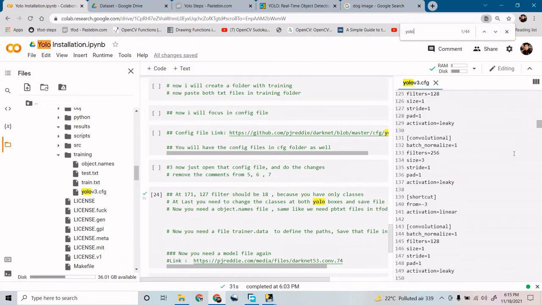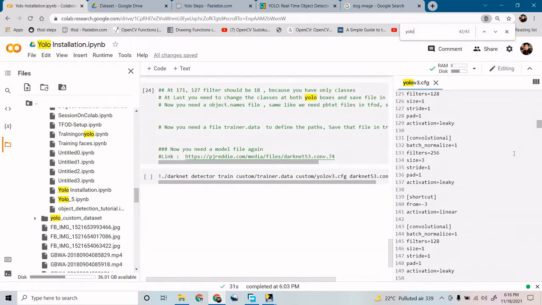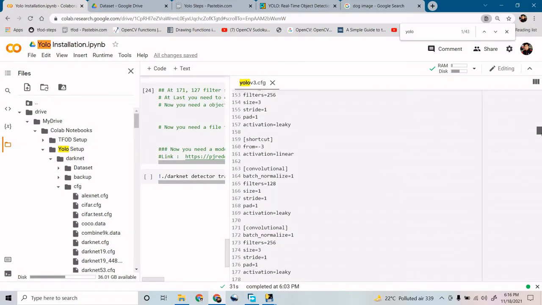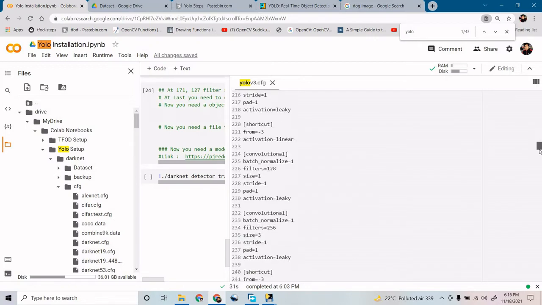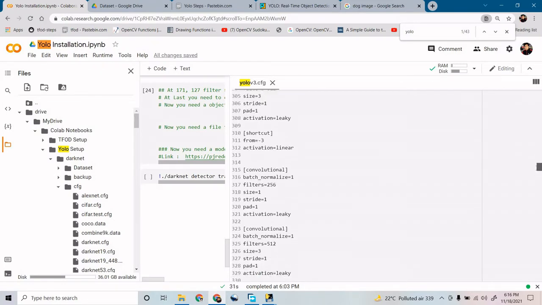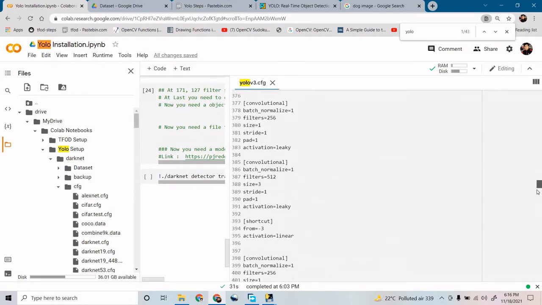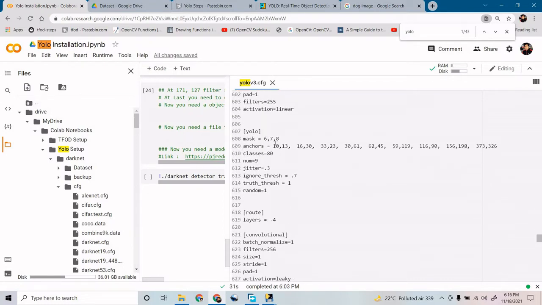And where is the YOLO? Sorry, let me see where your YOLO block is. Let me just take a full screen. Where are your YOLO blocks? You need to first of all find YOLO. You can see combination layers are there for now. You need to find YOLO. Let's see. Or I can try to download it as well. So you can see YOLO is there, right?